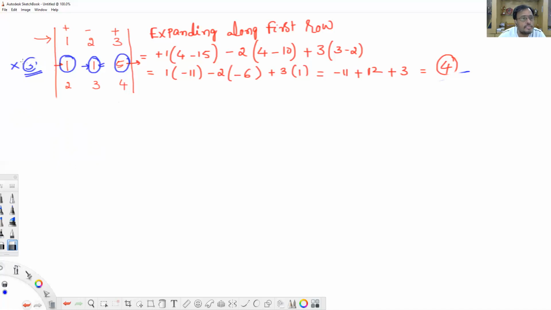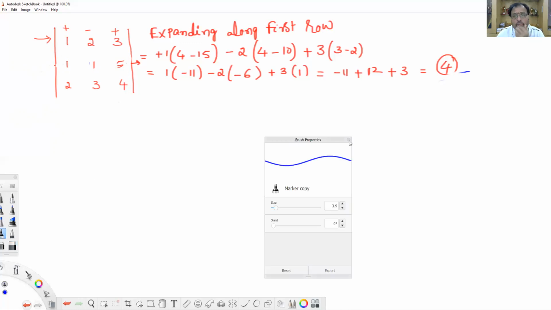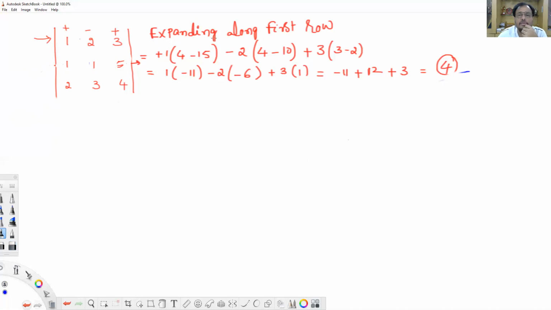Now this one, once again I'll take this determinant. Look here. Now I'll work row-wise only first, then afterwards I'll show you. So dear students, look at this. The first determinant we have taken, the answer is 4, already with you. This is 4. Now this time I'll do something different.